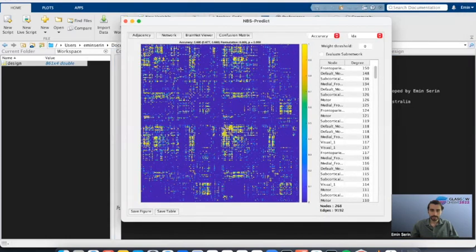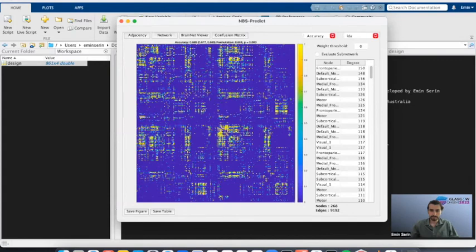Okay, so here you see the results viewer window of the NBS-Predict. The first thing we can do is check the overall prediction performance, located right above the figure here. It seems like we get 68% accuracy, which is comparable with sex classification performance if you control for head size and age. We can also check the permutation testing score and the significance rate, which is significant.